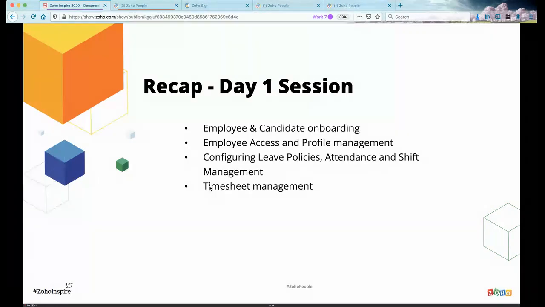So we do have a few schedulers in place where the timesheet can be automatically created, and with the timesheet creation, we also have the approval flow. So you can have either the reporting manager approval or the project manager approval for the timesheet. So once a timesheet is recorded and approved, it now has to just get